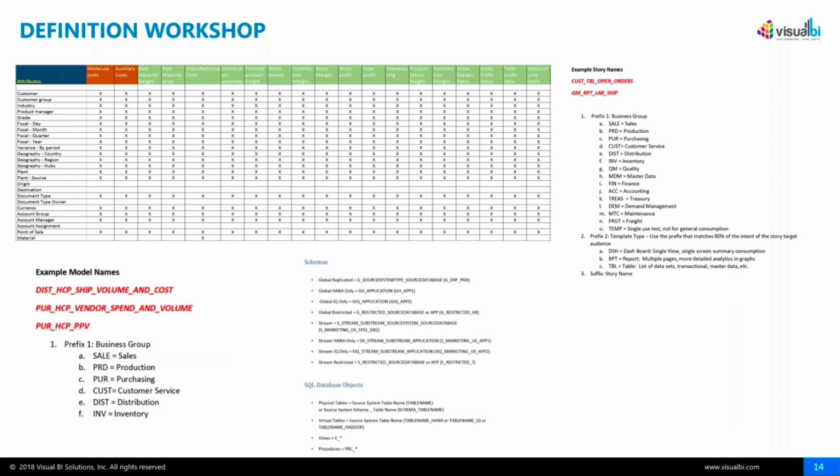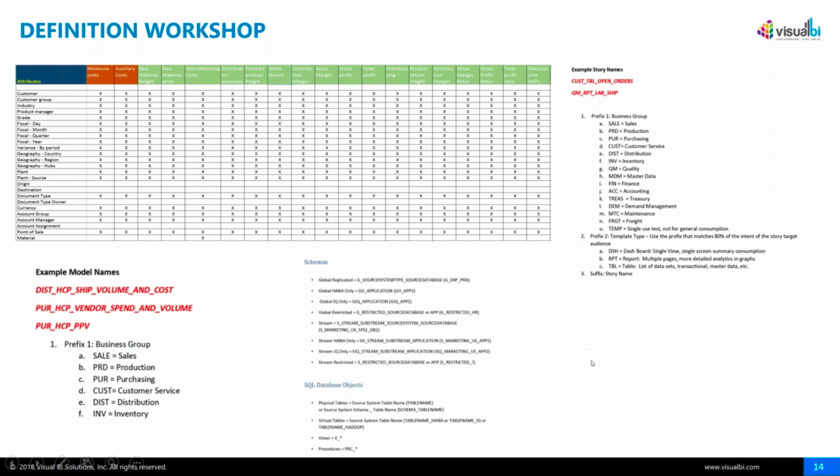And we really spent a lot of time, and we got down to a lot of detail in this definition workshop. We made our business own the specific processes and the specific models that were going to be built. So I'll give you an example. There are some SQL database objects, tables, where this data comes from, the schemas, we had some naming conventions,